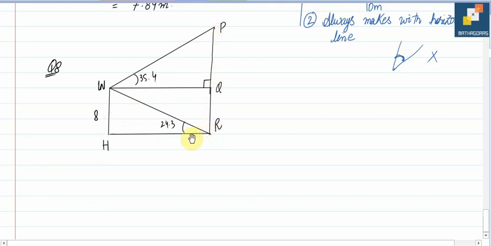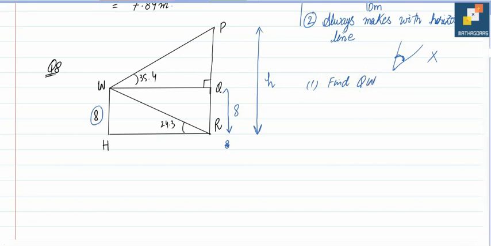And WQ is a horizontal cable connected to the top of the building and to the flagpole. Given that angle PWQ is 35.4 and angle WRH is 24.3, find the height of the flagpole. So that means the total from P to R is basically the height of the flagpole. And we know that if this length is 8, then this one is also 8, right? So first thing you need to do, first point, find the length of